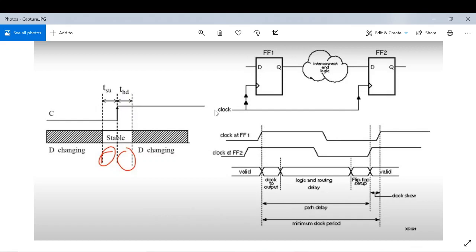So I will have to adjust my clock period, and the delay of the combinational part, accordingly. That is the advantage of the synchronous design: it is deterministic, and we need to ensure that the synchronicity of the design is maintained. Now let's see what actually happens in these kinds of designs.